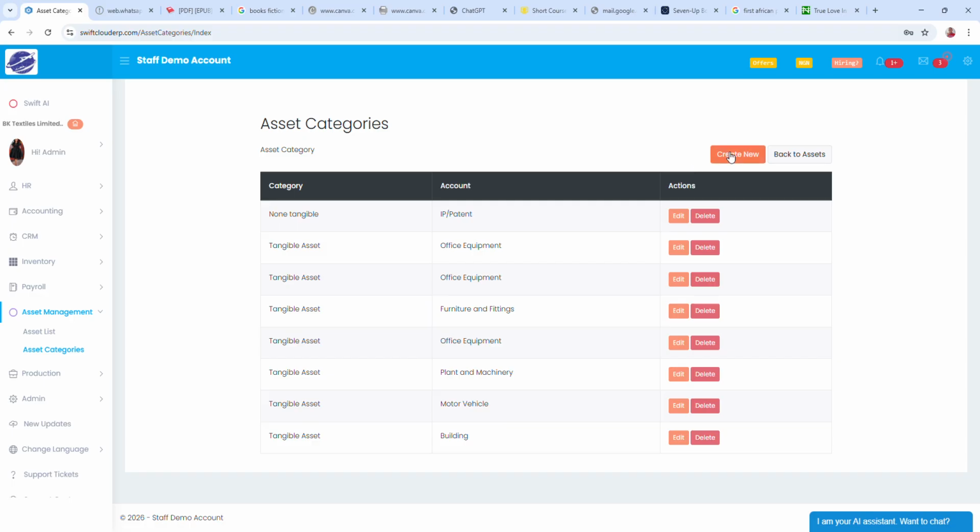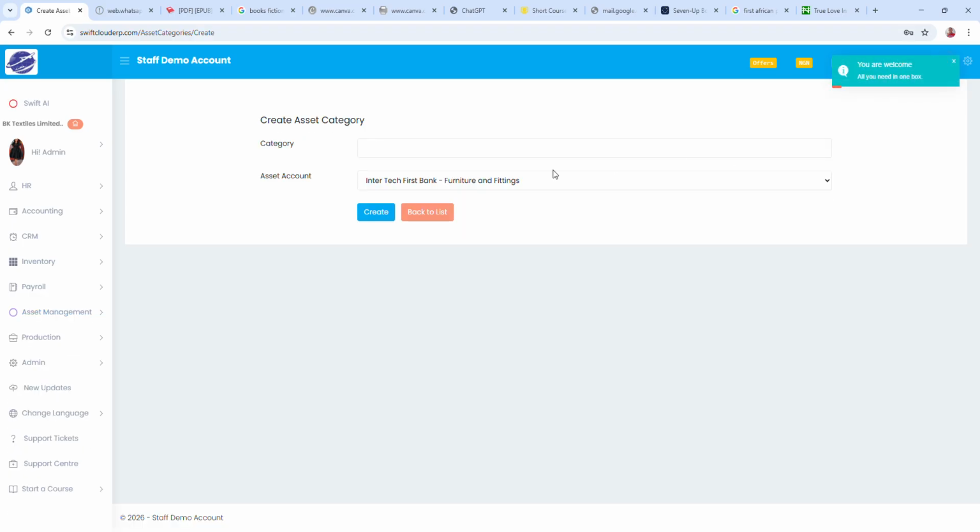From there you can click create. So you create your categories, whether tangible asset or intangible asset. The asset account, however, we can see that we already have some existing here, but in a case where you